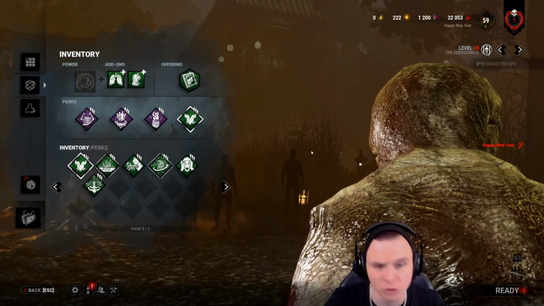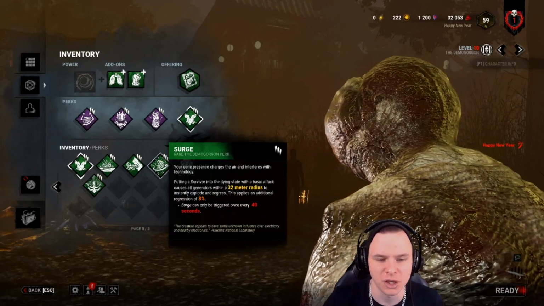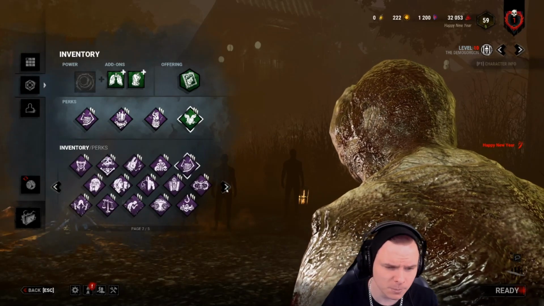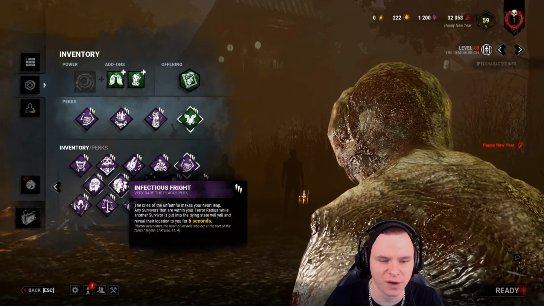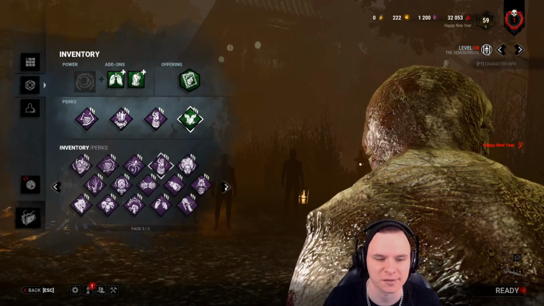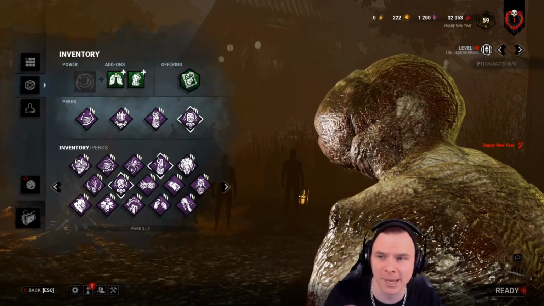Therefore, Sloppy Butcher will not apply if you use Shred. A lot of people think that's a bit of a nerf. You know, things like Surge won't apply if you use Shred. However, that was a massive buff. The perk I'm about to show you is an S++ perk on the Demogorgon, okay? Keep in mind, things like Infectious Fright will activate off Shred because they activate off things like a Hillbilly's Chainsaw as well. So this next perk I'm going to show you is an S++ on the Pig and the Demogorgon